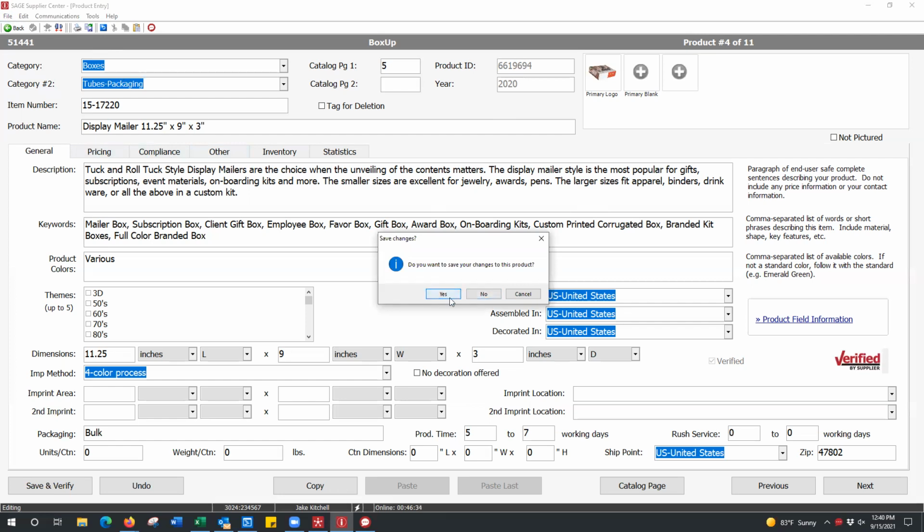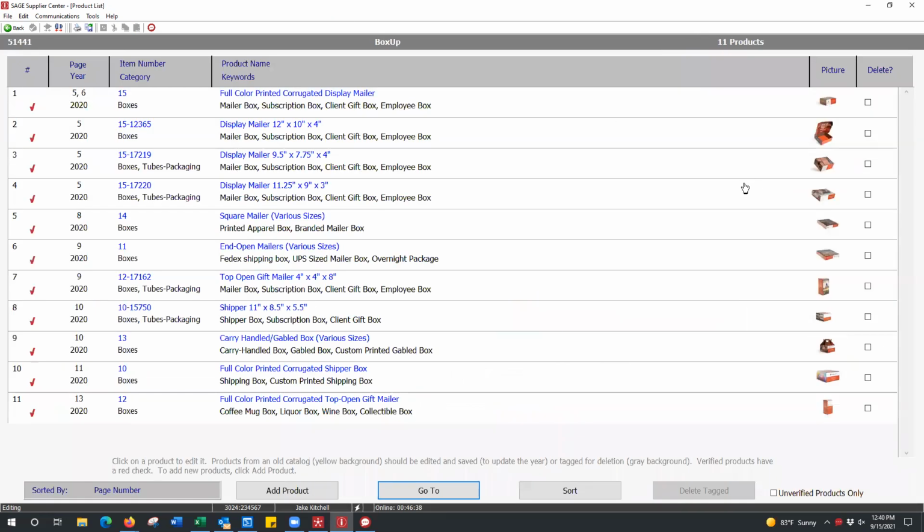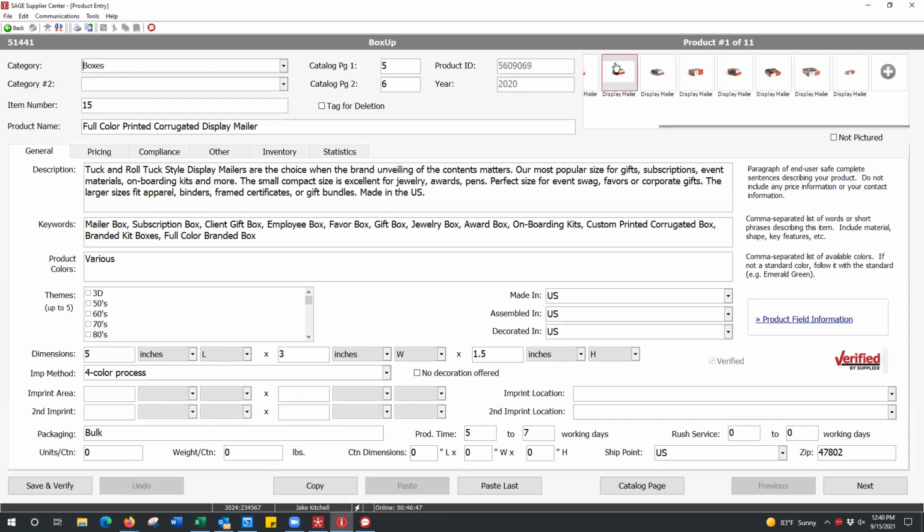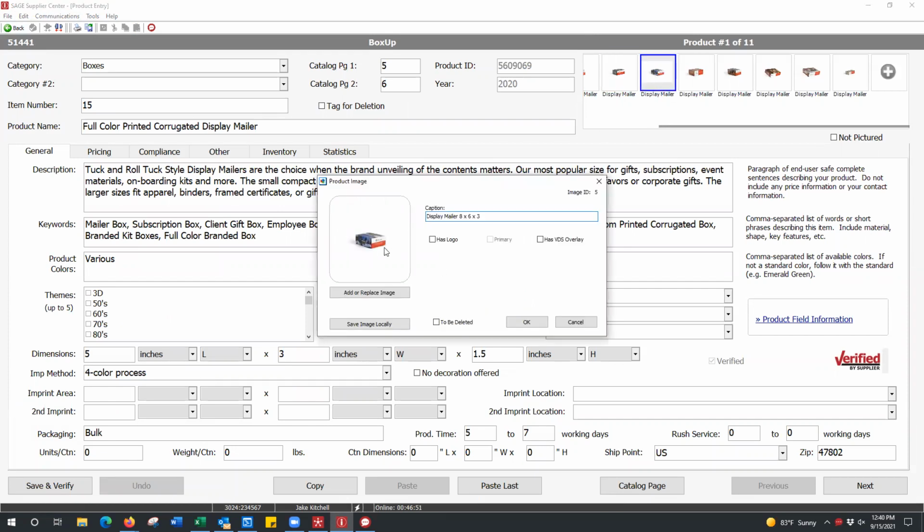Go back here. So here, just a quick question for you. Oh, I was just going to say, if you upload images that have logos on them, you need to mark them as logoed. Otherwise, it's going to pull it into the virtual design studio, and they can't really do virtual samples with it. Right.